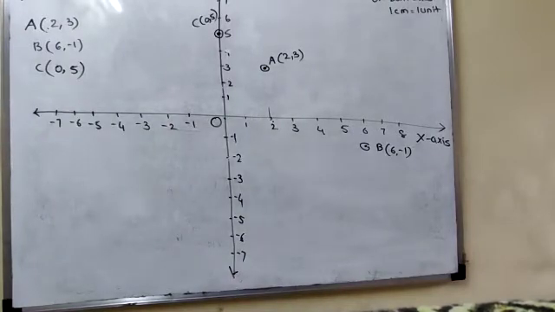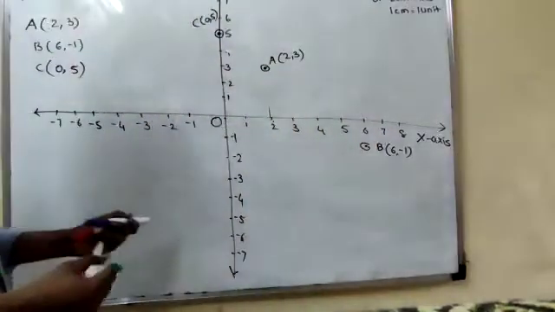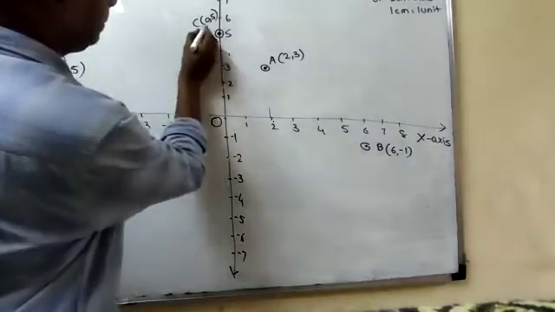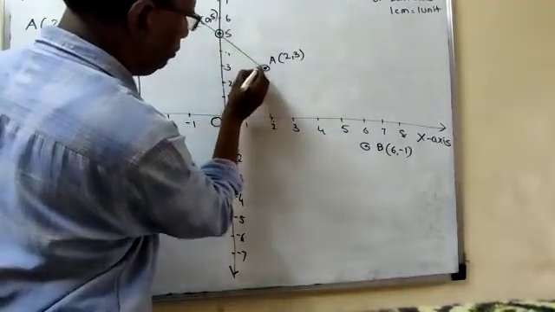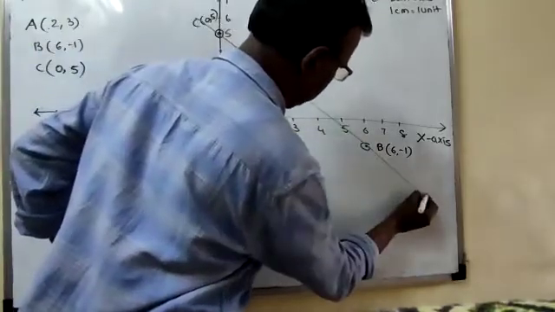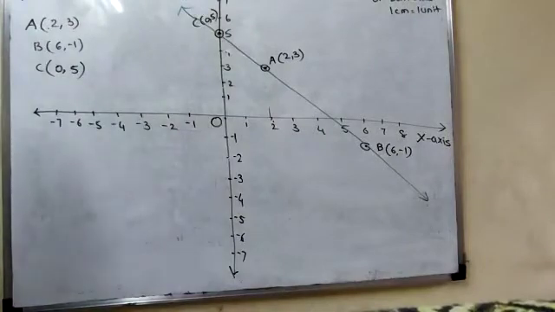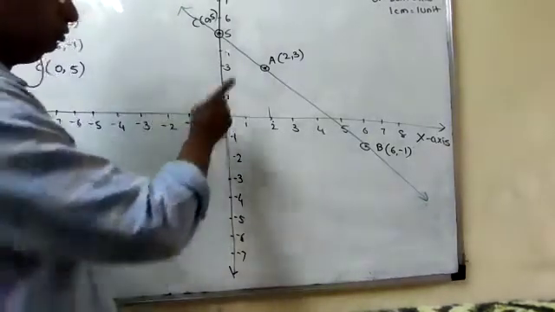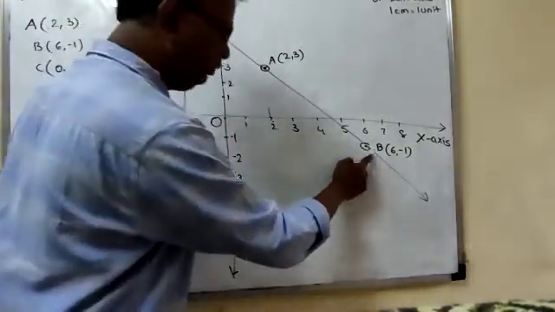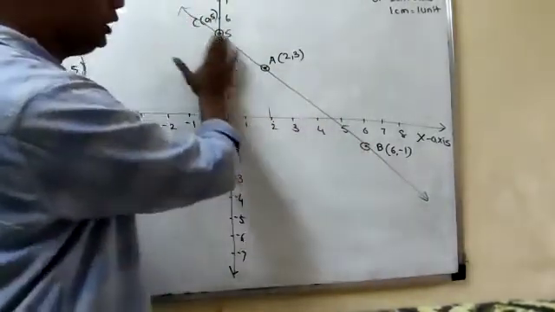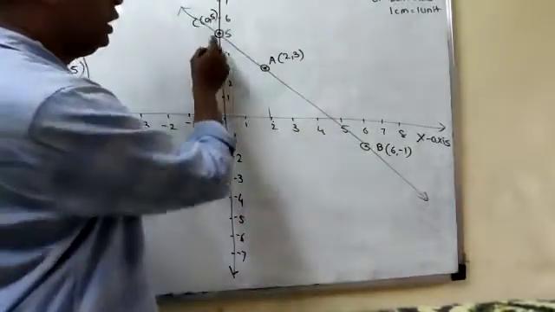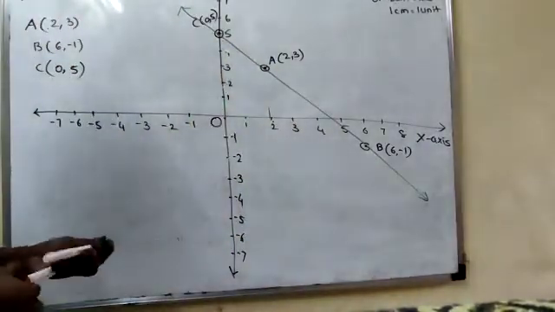Okay. Now see, students. We'll join the points with the help of the scale. Okay, see, all the points have come in one line. They are collinear. If they are collinear, then write the coordinates of the point of intersection of the x-axis and y-axis. First, we plotted the point A, the point B, the point C, and we drew the line. We can see that all the points are coming in one line. That's called collinear. Yes, they are collinear. You have to write the answer.